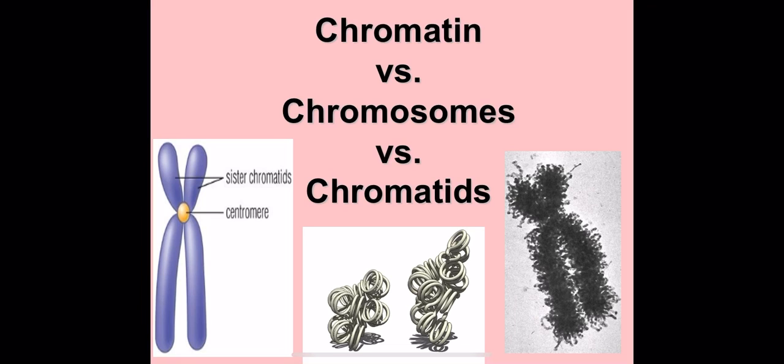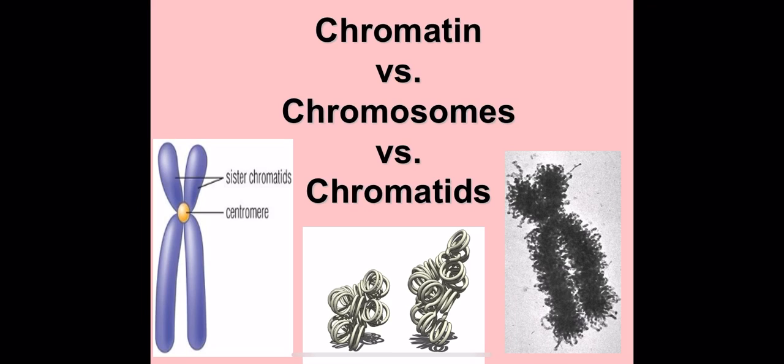So in terms of cell division, there are 3 different forms, and I use forms loosely. I'm doing air quotes even though you can't see me. Forms of DNA that I want you guys to remember for this particular unit: chromatin, chromosomes, and chromatids. So first big thing, the information in the chromatin and the chromosomes and the chromatids, same stuff. That fundamental helix DNA with the base pairs and their different letters, those are all the same. That hasn't changed. We're just talking about the physical form that it's in.